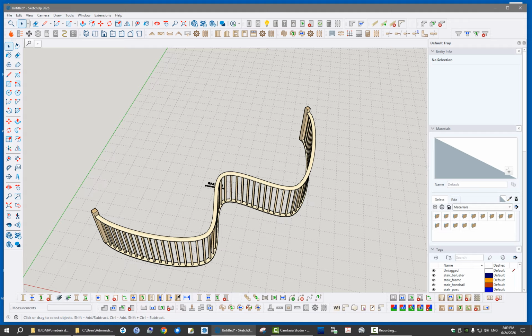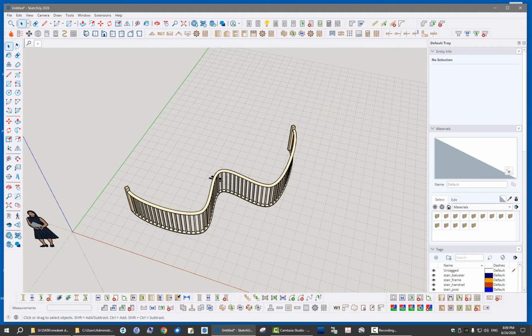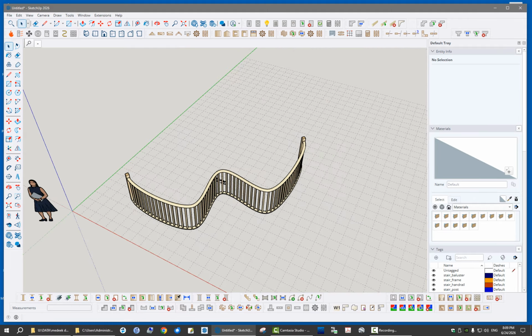So anyways, that's pretty much it, you guys. Just wanted to show you how to edit the outline for a spline railing like this. And if you have any good ideas or any suggestions to make this a better tool,